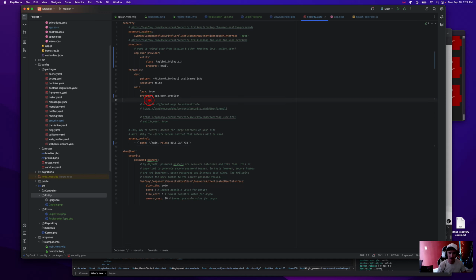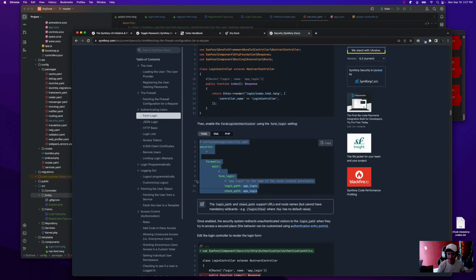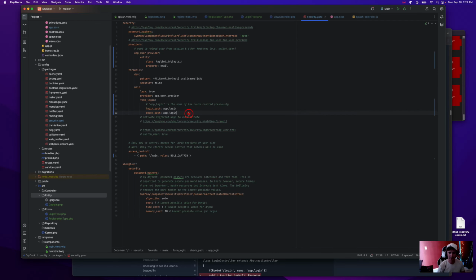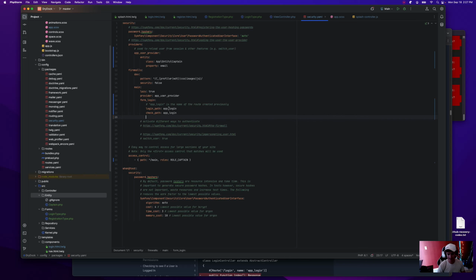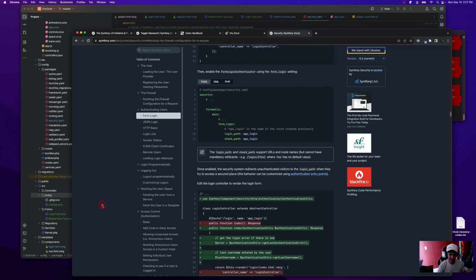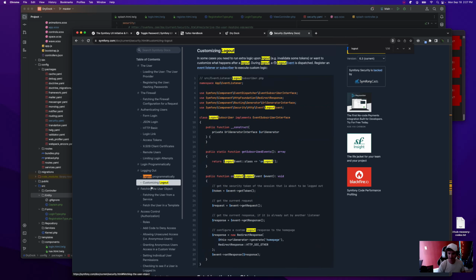Oh, right. Form login and CSRF protection. Okay. We need to add these under main so we actually have a way to log in. And this is basically going to say what function we're going to use upon login. And Symfony's going to do the rest for us. Let's see. I'm going to look up logout real quick too. Just do it at the same time. Logout subscriber.